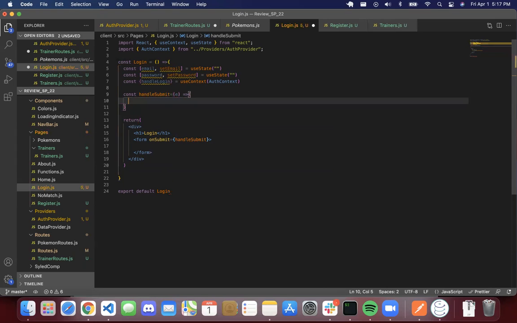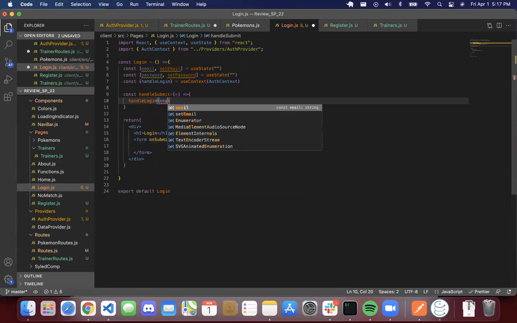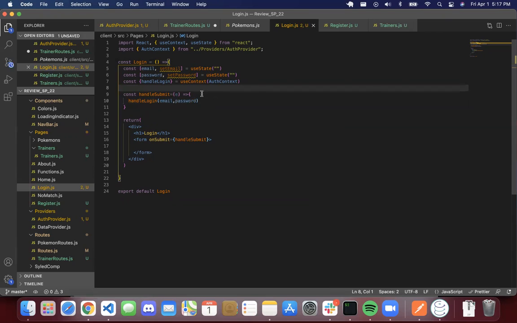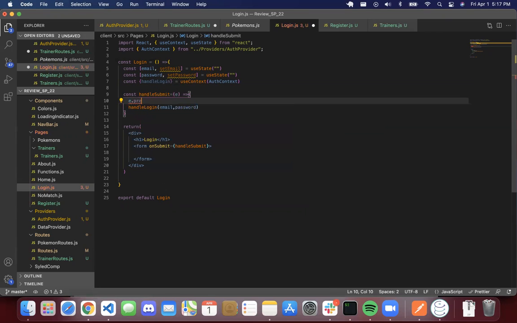Arrow that handleLogin, email comma password, because those are the things that we're passing it. Prevent default, just in case it tries to refresh. Okay,